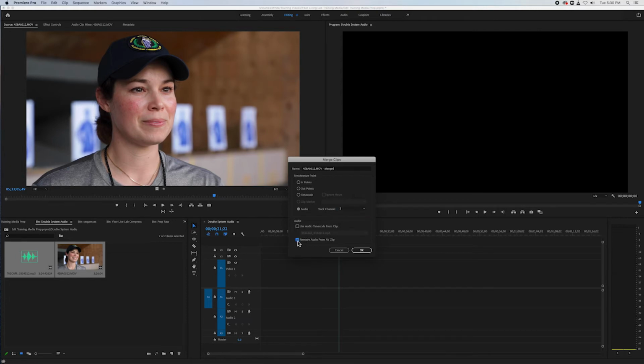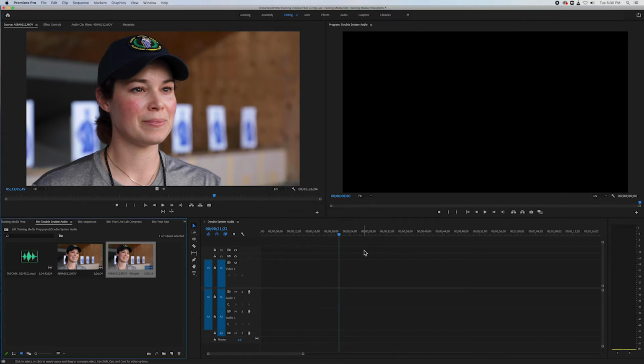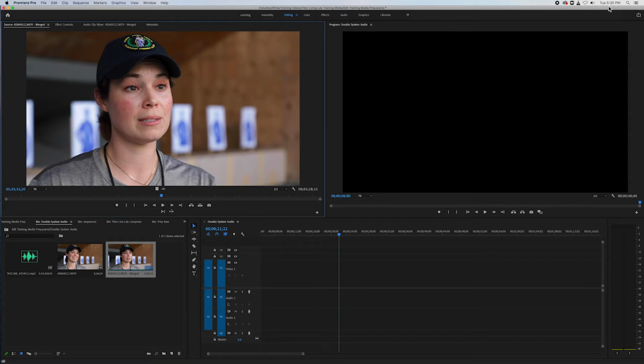Remove audio from the AV clip. That means when we do this here in a second, it's going to just use the audio on the camera as a reference, and then it's going to get rid of it. So watch how fast it does this. When I click OK, we have a nice new clip here. When I click on it,